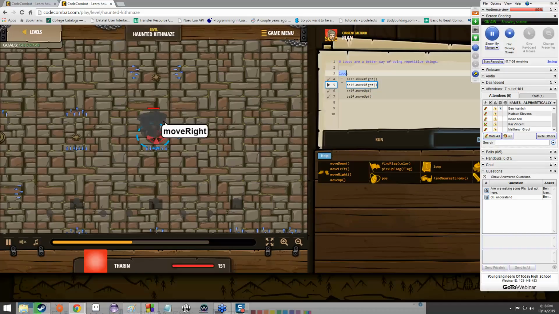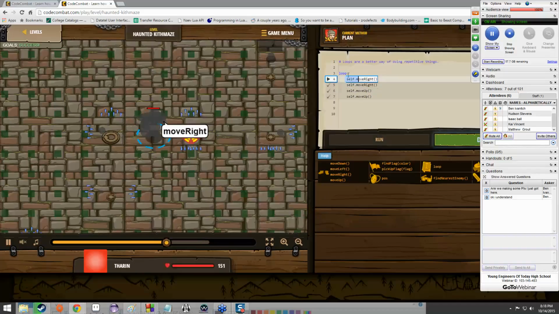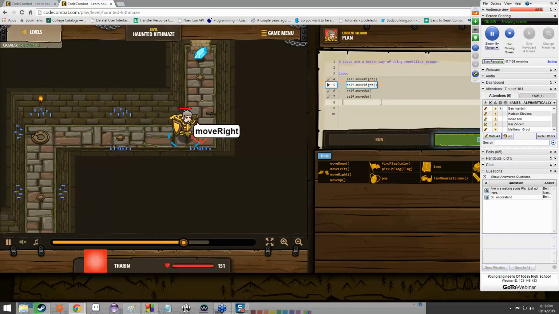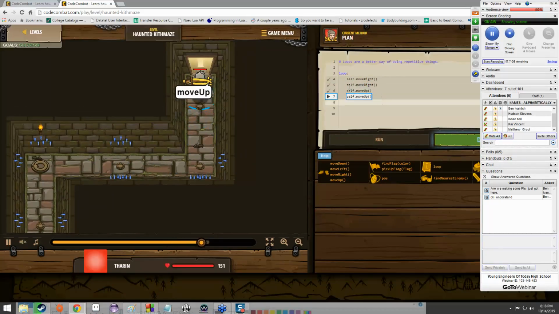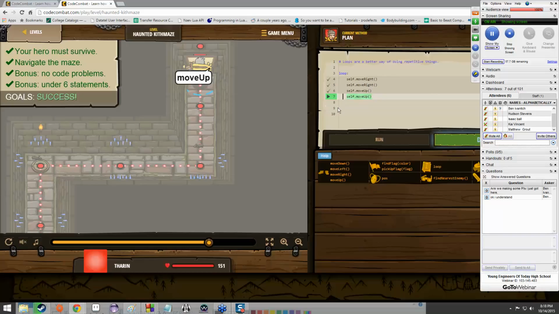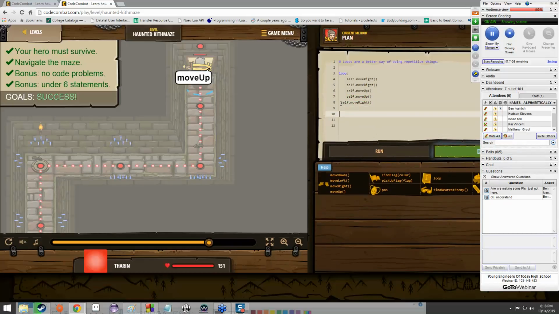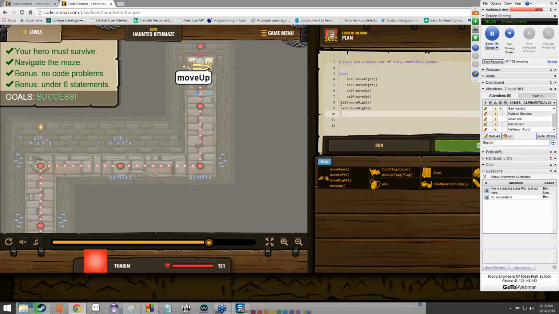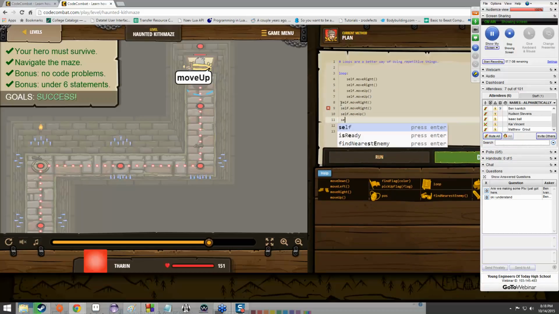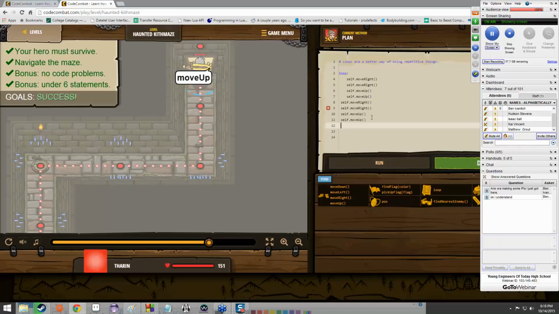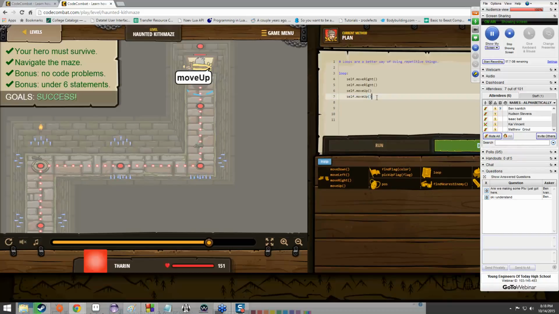Otherwise, let's say we wanted this to run 3 times, we'd have to copy-paste this code, or type it out, God forbid, 3 times. So we'd start going like, oh, okay, self dot move right, self dot move right, self dot move up, self dot move up, and so on and so forth, and that just becomes way too much work. So we do it once, we set it up in the loop, boom, we're done. The computer handles everything else from there on out for us.